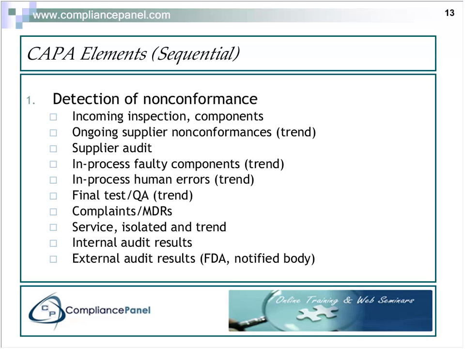Internal audits and external audits are both sample reviews. For example, if FDA determines a problem with your complaint handling, they have not looked at all of your complaints. They've looked at a statistical sample based on their quality system inspection technique, and they've found some nonconformances. Part of your investigation in that particular case would be to look at all of your complaints, and then if you determine something, what type of action you're going to perform.